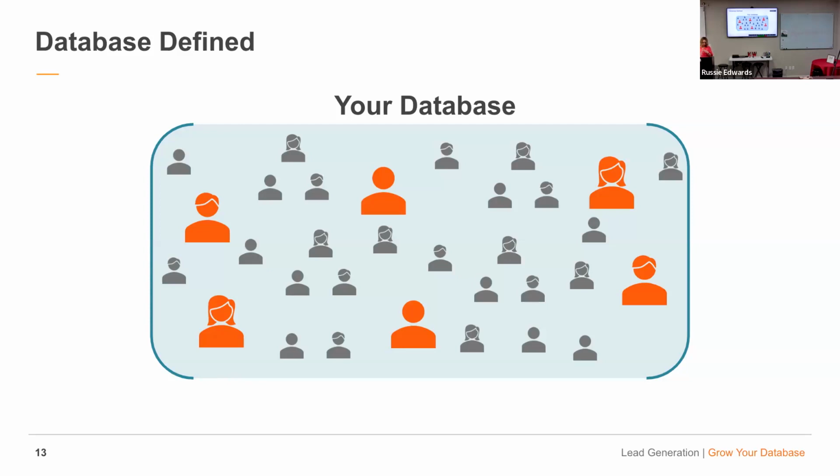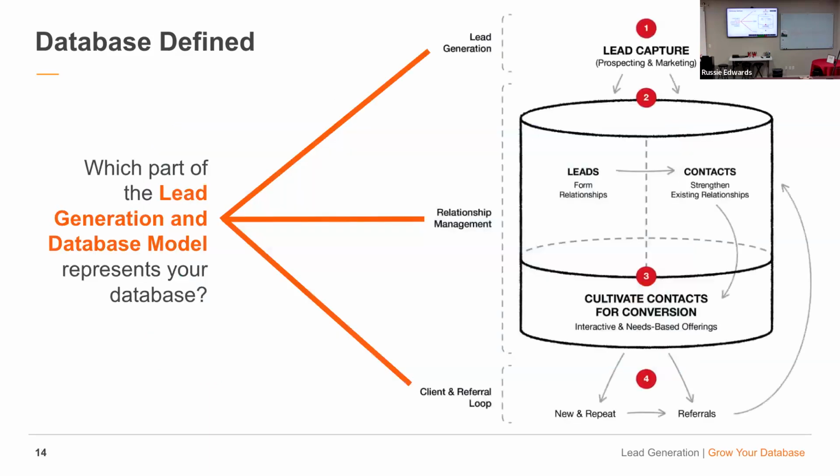Does everyone know the difference between a lead and a contact? Who can tell me? You should remember because we just talked about it. A contact is someone you already know. Yep. Two-way conversation. A lead is just somebody that's coming in, one-way conversation, right? So they've clicked on something and said, Corey, I saw your ad and I'm interested. They clicked on, hey, I want to keep the same payment as my rent and buy a house. They've had a one-way conversation. A contact is somebody you have permission to have a two-way conversation with.